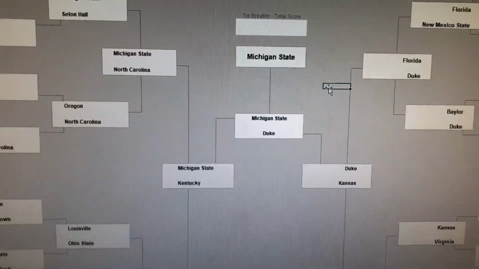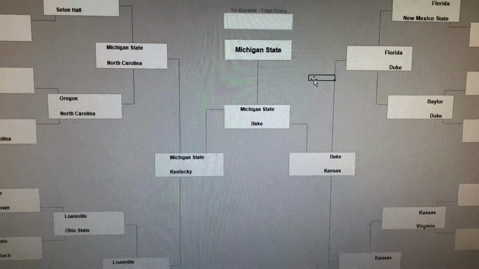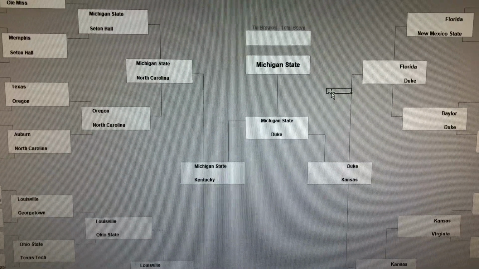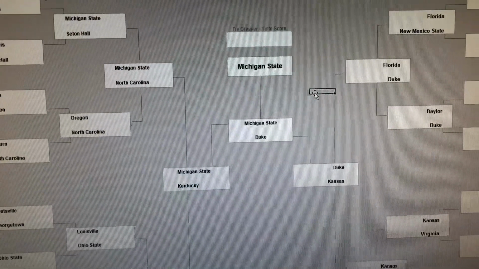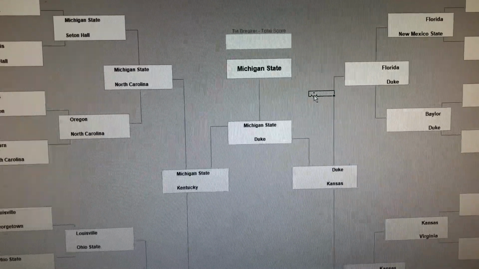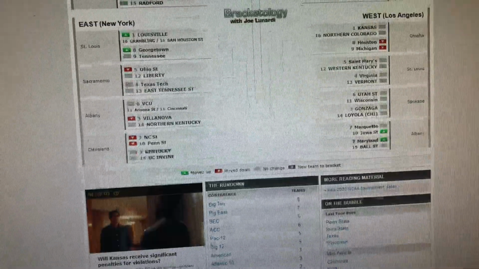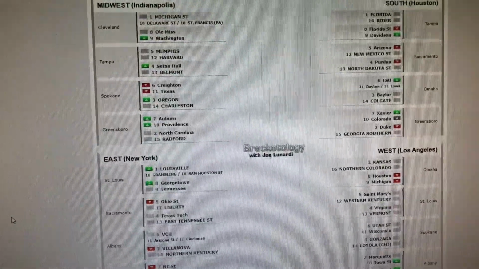Kind of same thing that happened last year. I mean, I'm going with the number 1 overall seed here, but I think that they're the best team. They're the number 1 team in the preseason rankings for a reason. So there we have it. There's a box for a championship score right there. I'm not going to fill that out. But there we have it. Those are my predictions for the NCAA tournament based off of the bracketology from obviously October 3rd.